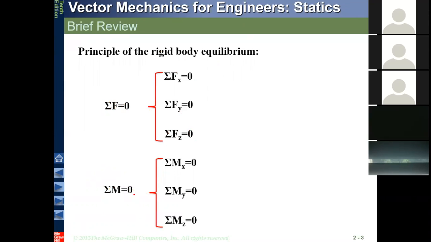And you have the same thing for moments. And in fact, if you take the moment of forces about any point in the space, if that object is in equilibrium, then these 3 equations hold. And for 2-dimensional case, you're going to have sigma